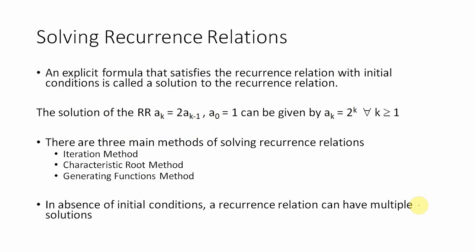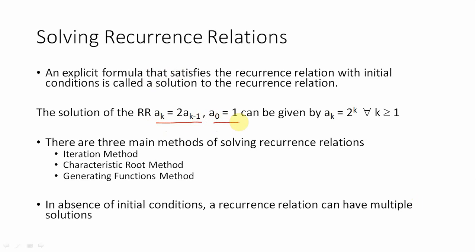Now, that's essentially all for today. I'll just leave you by giving you a basic idea of what we mean when we say we want to solve a recurrence relation. Solving a recurrence relation actually means finding an explicit formula. I want to find a formula which I can use to evaluate the nth term of a series without using the previous terms. Say for example, if I have the recurrence relation ak is equal to 2ak minus 1,